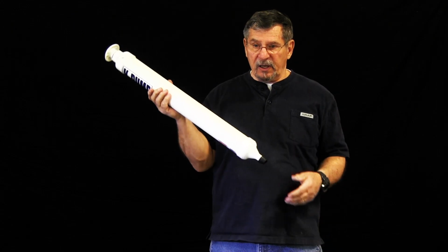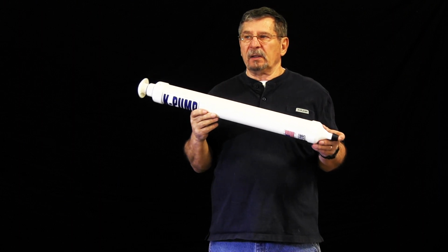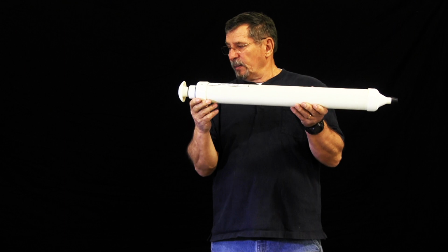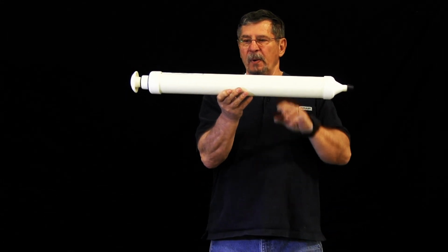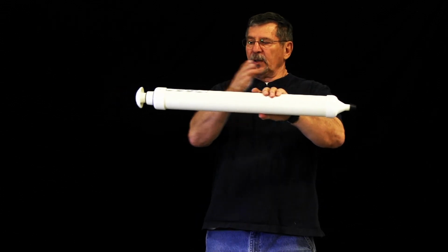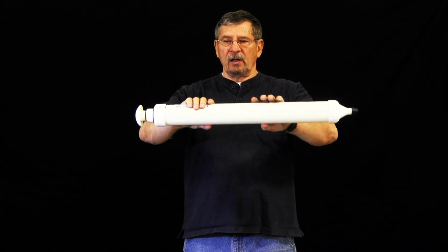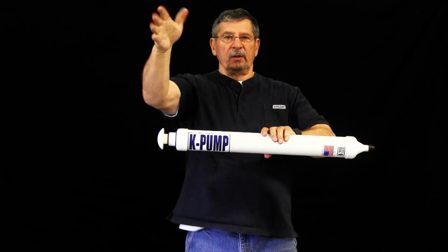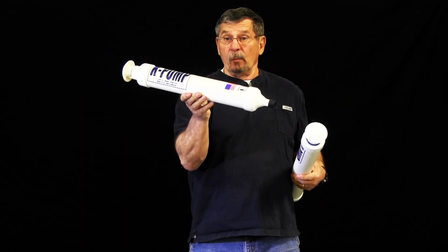People often ask me, what's the nice thing about these pumps besides the ease of operation? The nice thing about them is they come in a bag and they're easy to stow. And most people will take this pump. If you look at your board, mostly all the boards are this width. So they set this in the center of the board and just roll the board up around the pump and you're on your way. And with the K20, which is even more compact,